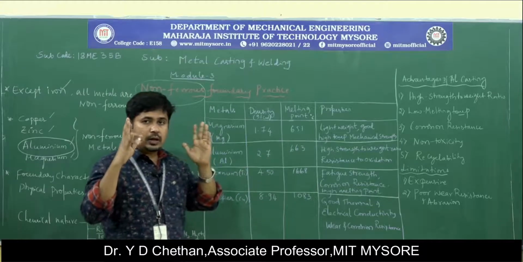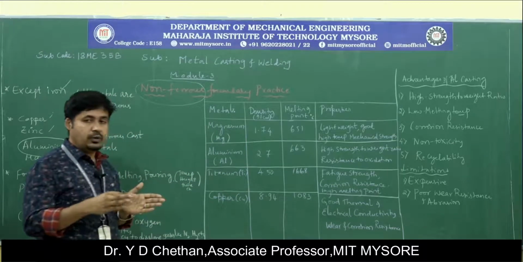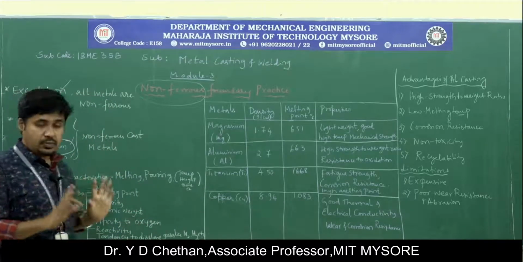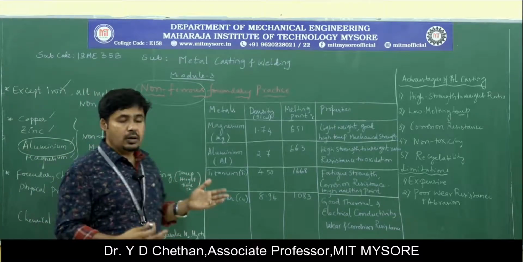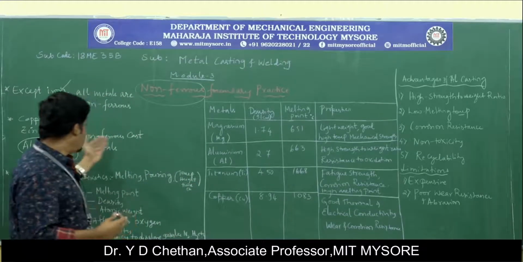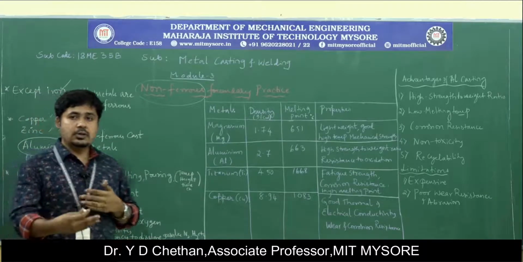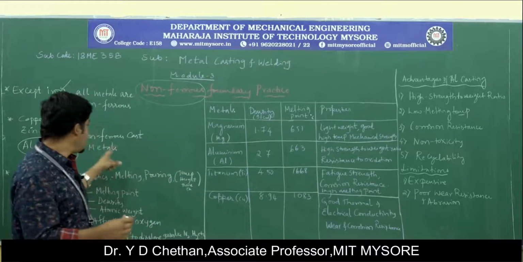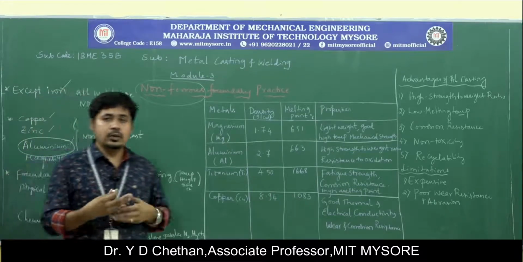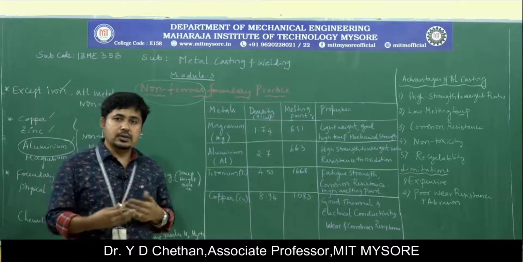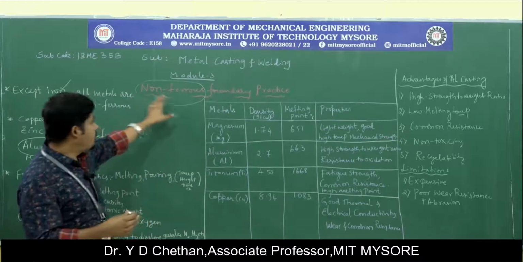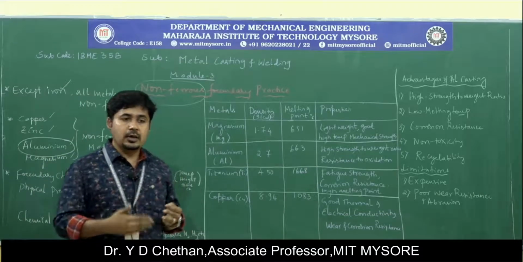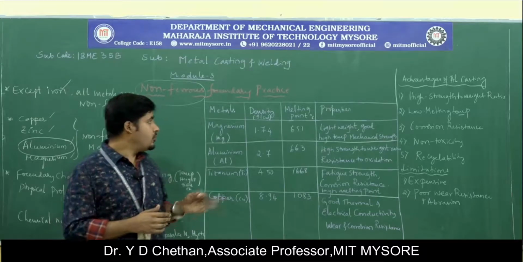Okay. Then you got the idea of what actually the difference is between ferrous and non-ferrous cast metals. Then we can look into the aluminum non-ferrous cast metal, and what are all the advantages and limitations of non-ferrous cast metals. Then what melting furnaces could be applied for non-ferrous foundry practices. Then you will be learning the different techniques and methods involved in the non-ferrous foundry practices.